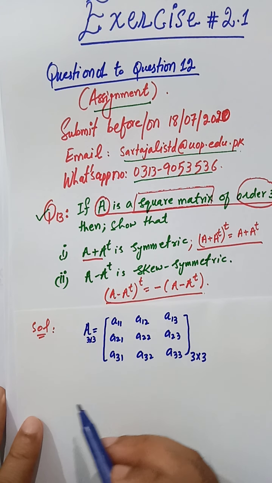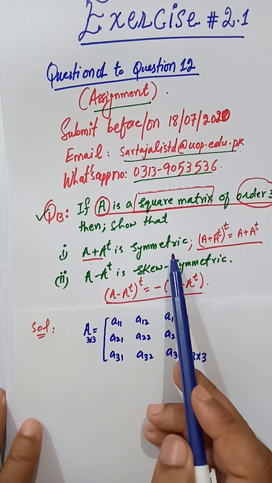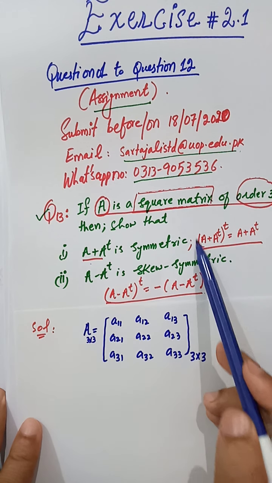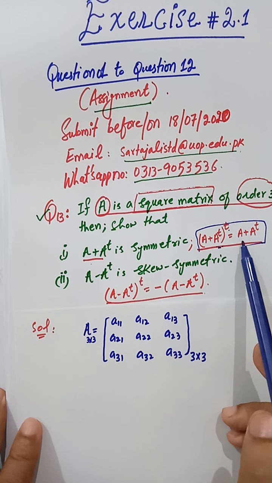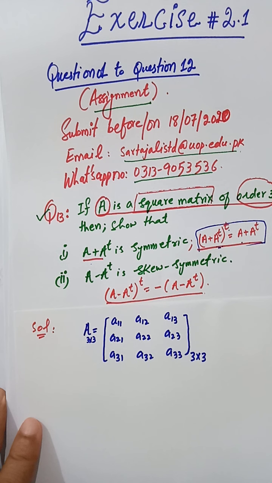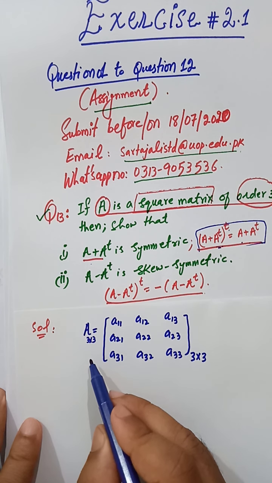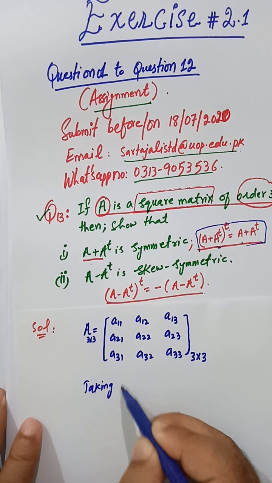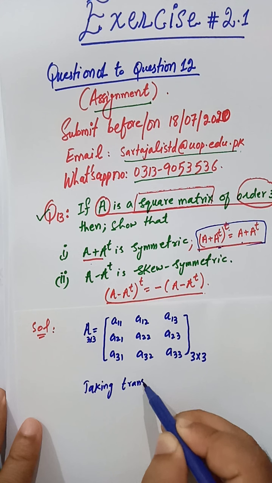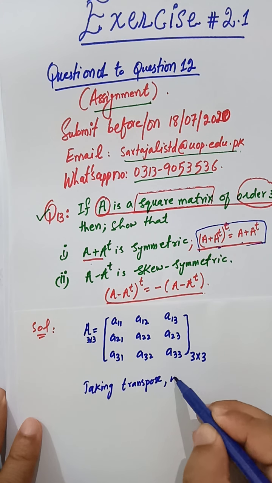Okay, to show A plus A transpose is symmetric, we need to show that A plus A transpose whole transpose is equal to A plus A transpose. So for that, first of all, we will find the transpose of this matrix. So taking the transpose, we get,